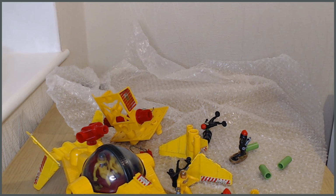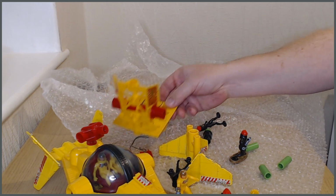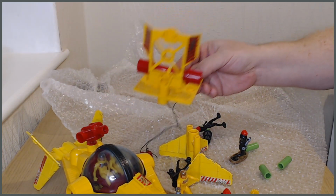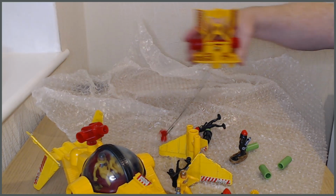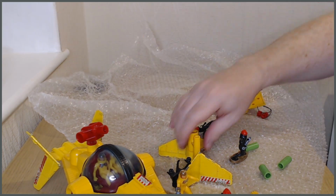So yeah, that was fun. I rather enjoyed that, and I think that's almost the entire range of the original range. Let me just flip back to the catalogue again. Yeah, because we have this one, a Stargard space landing pad apparently, and apart from the space cannon, which I do have an example of in the first lot I got, that's actually not far off being a solid complete set of the good guys Starguard set. But what I don't have at this point is many examples of the green aliens, but that is pretty much, near as damn it, all the original good guy sets I've picked up there,